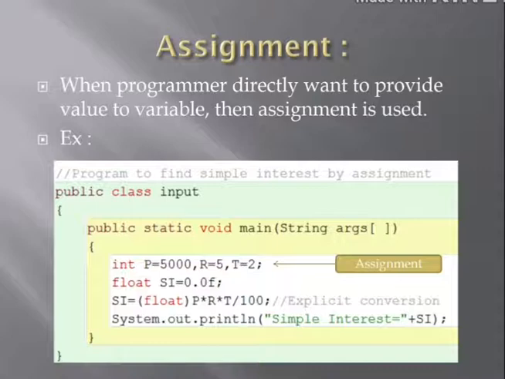Sometimes the same variable is used by another person, and that variable contains some value, and that value affects our program. That's why that value is not useful for us. That value is garbage value for us. That's why we don't want that garbage value.